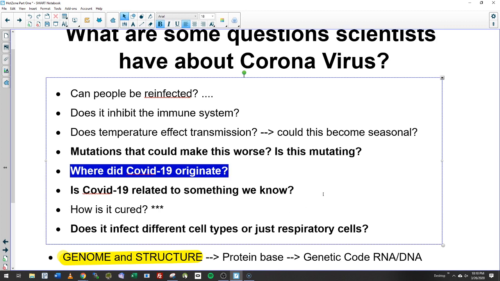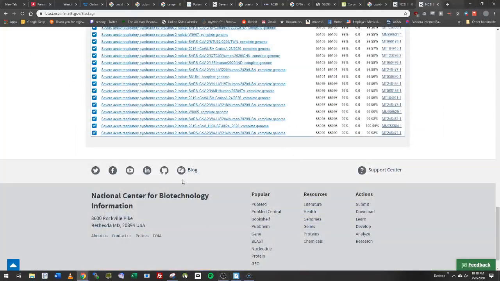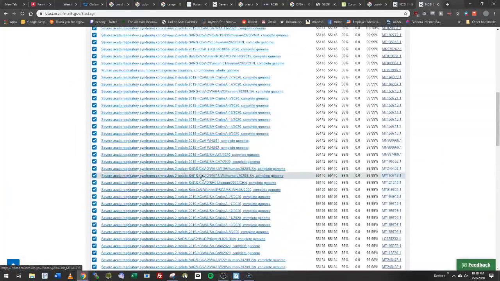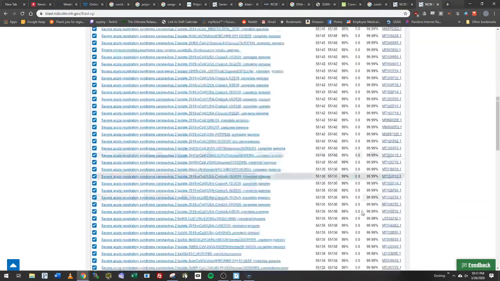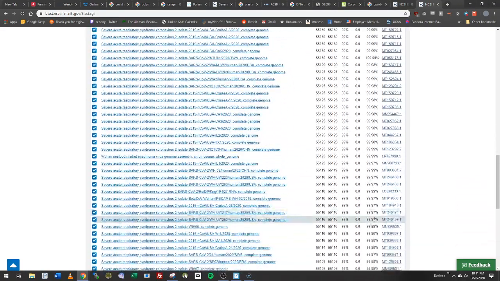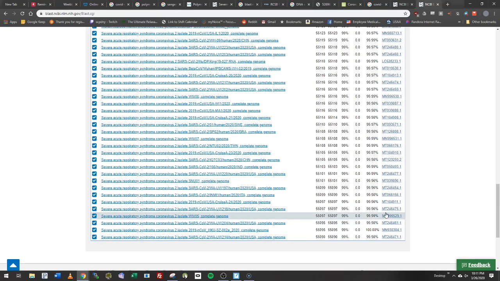So the last thing I want to leave you with here is, could mutations make this worse? And is this thing mutating? I want to go back to this. Because if you have the initial sample from Wuhan, China, and you're seeing that right now it's 99%, it's 99.9. The further I go down, I'm starting to see that there's some divergences. These percentages are kind of dropping over time. Some of these are really similar, but we're starting to see a trend of downward